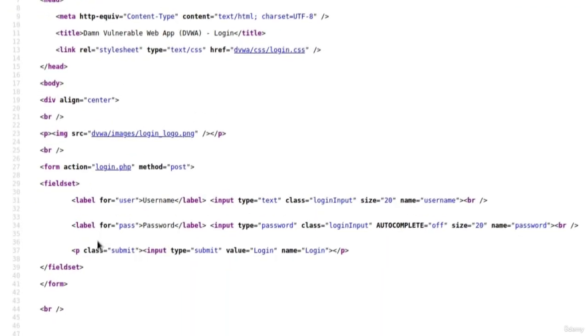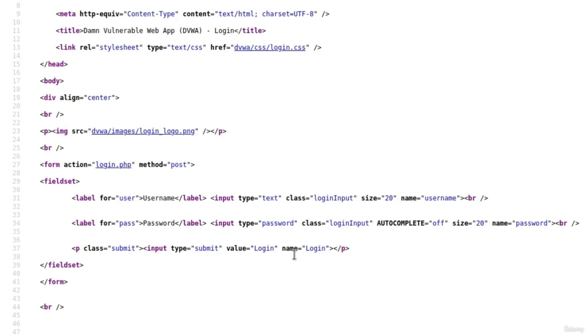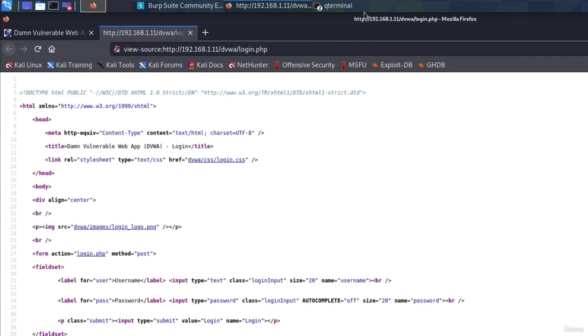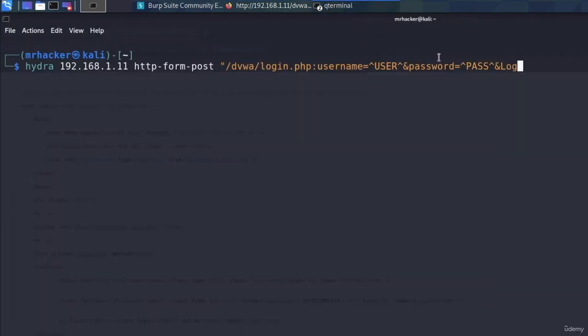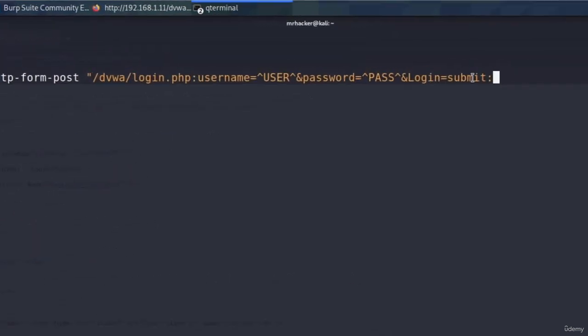Let's go all the way down, and here is the button. The name of the button is login, and we submit it right here. So we're going to specify that as Login equals Submit. And this will once again tell our Hydra command to submit the username and password once it types them in. And at the end, we have a third option for our double quotes parameter, which is going to